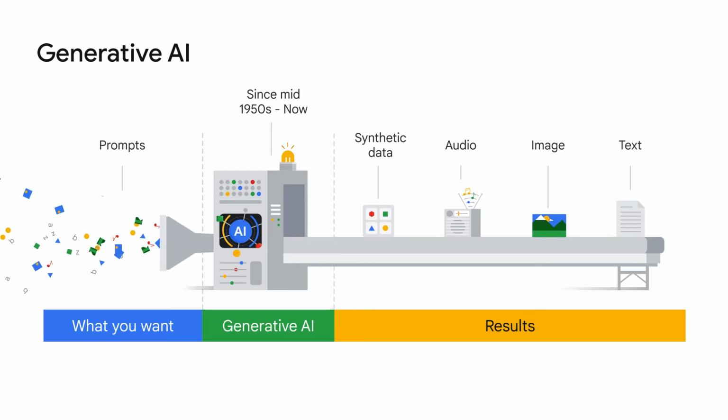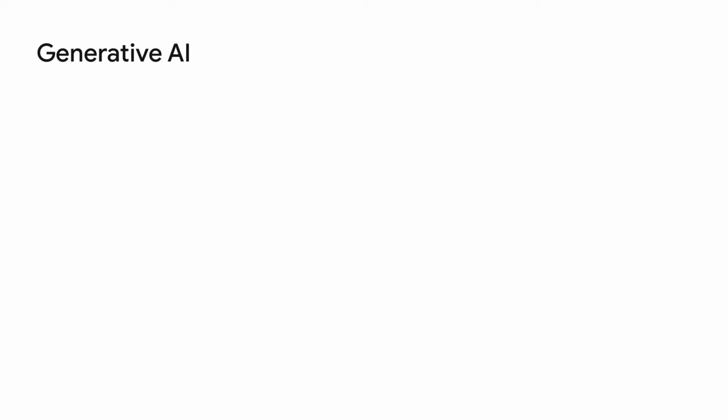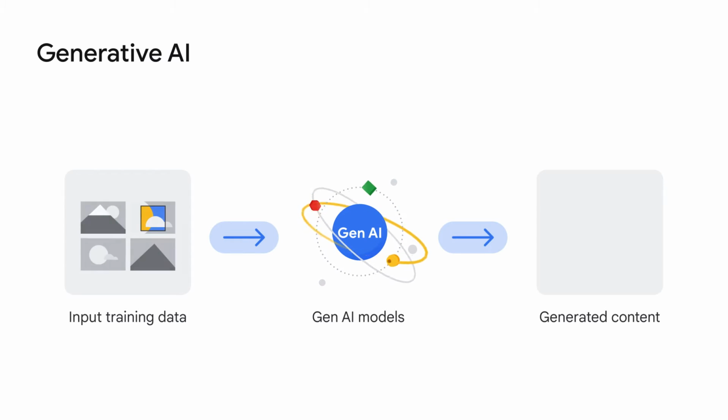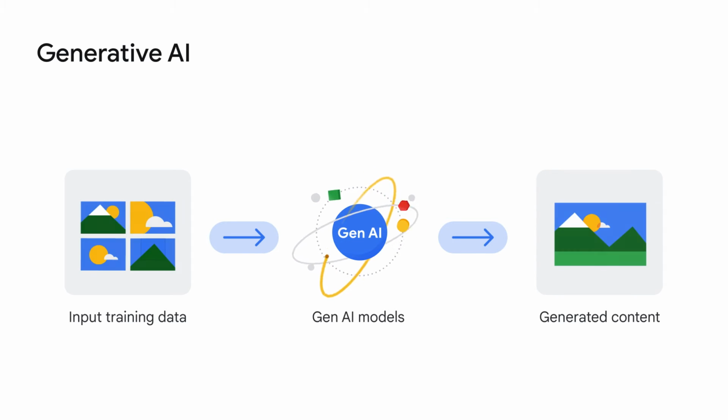By the way, a prompt is a specific instruction, question, or cue given to a computer program or user to initiate a specific action or response, but we'll examine this more later. In its current format, Gen AI models are like conversational programs that can generate content based on the inputs supplied. Gen AI models learn the patterns and structure from the input training data and then create new data with similar